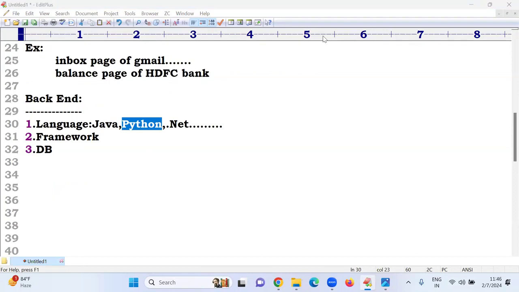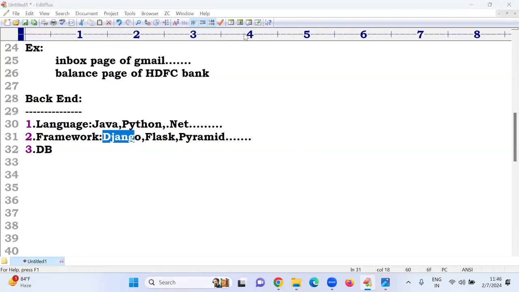Once the language is done, with Python the framework is Django. Next, a framework is required. What is that framework? Django. Someone is asking about one more: Flask. And one more is Pyramid. Multiple frameworks are there. If you select Java, there are different frameworks like Spring and Spring Boot. In Python, there are Django, Flask, and Pyramid. 90% of people use Django, and some use Flask also.